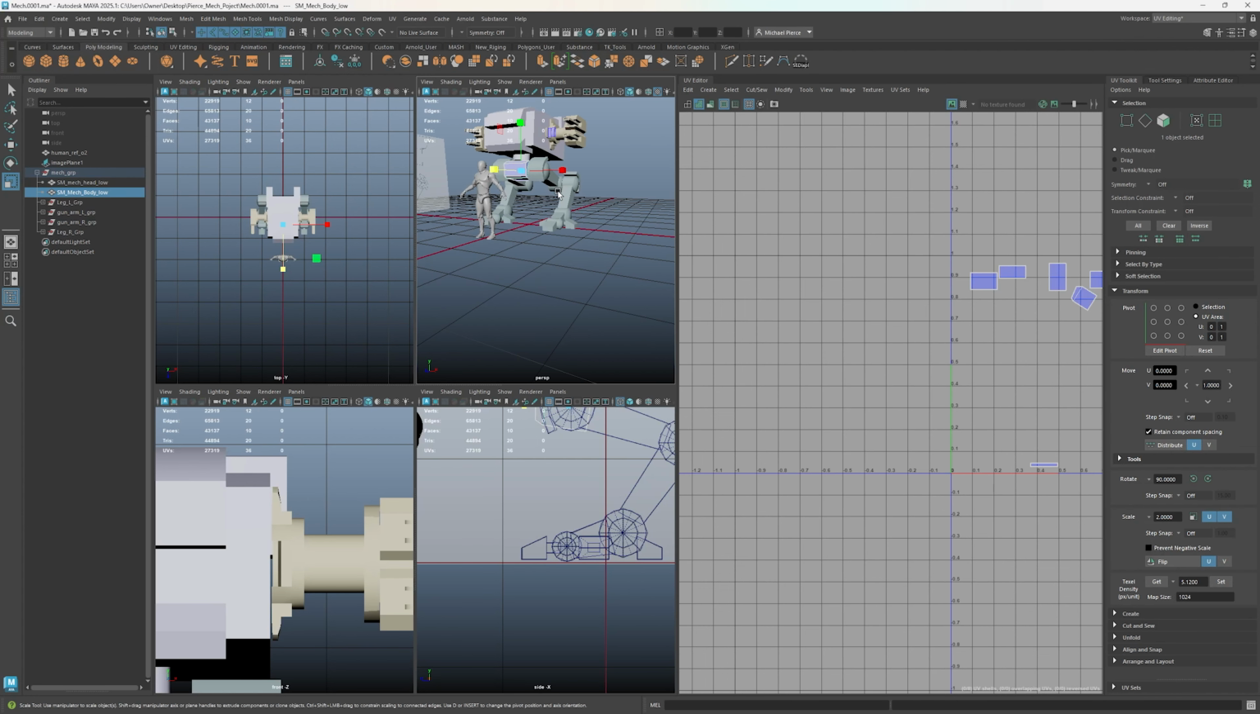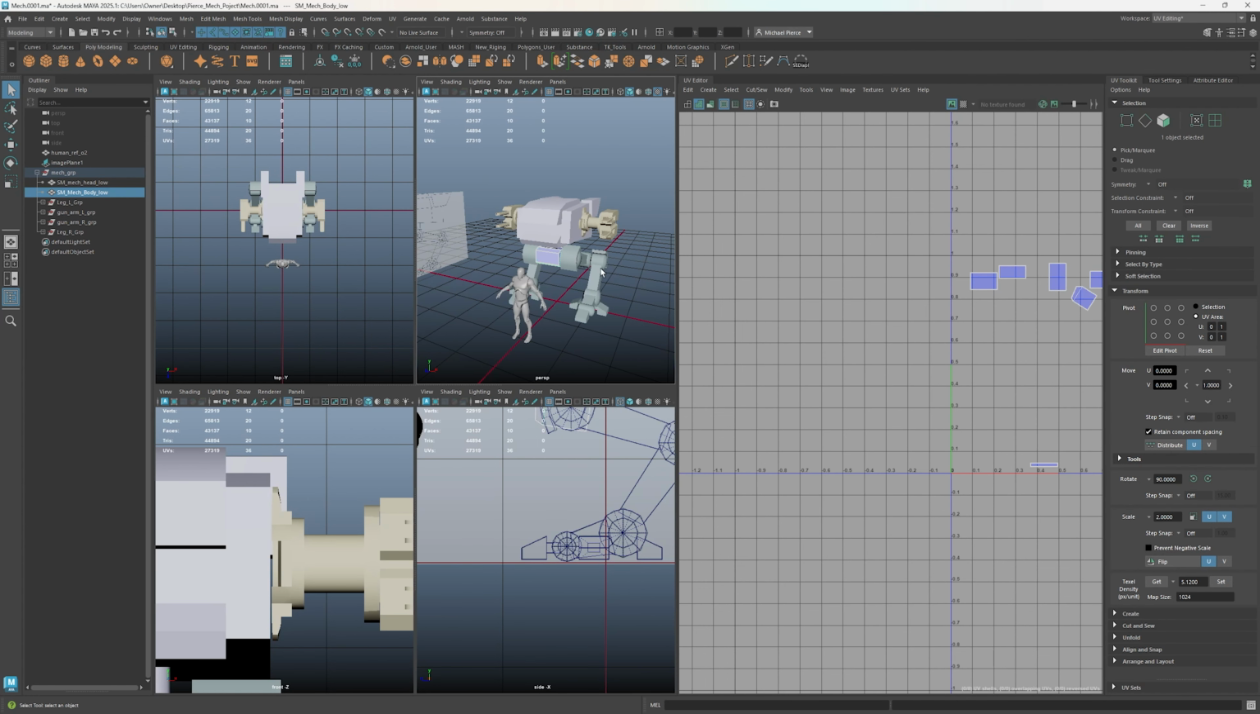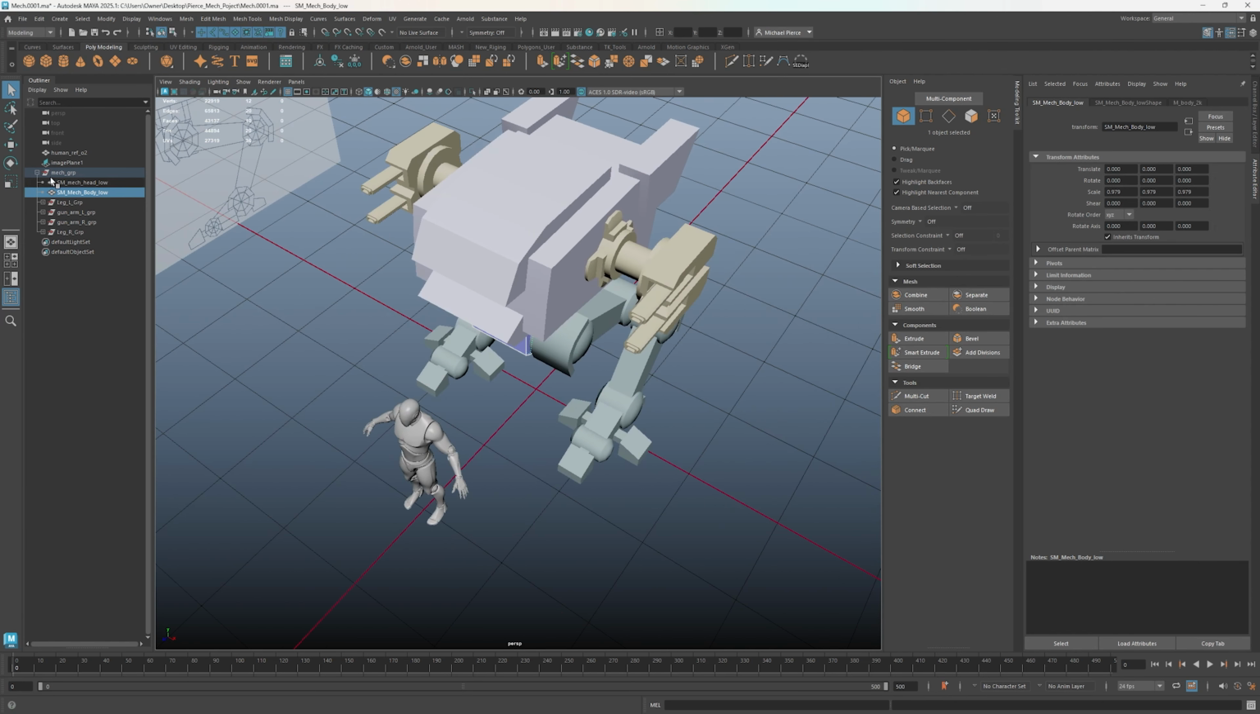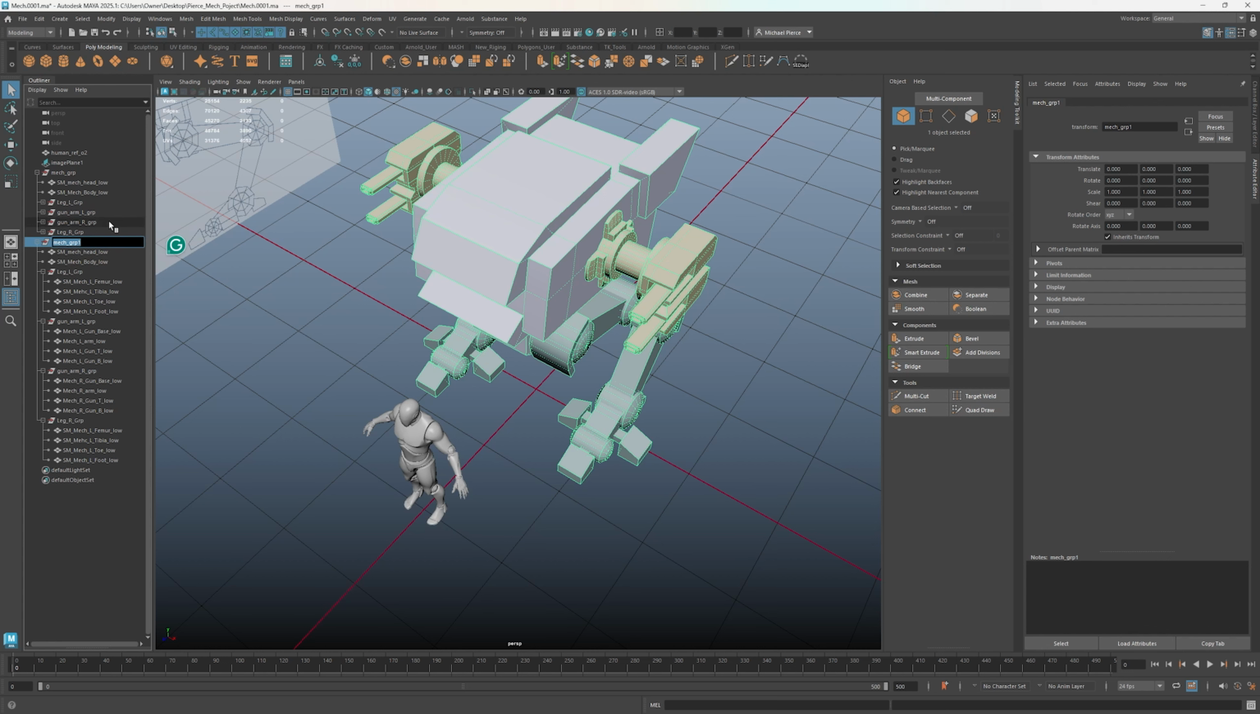All right, now that we're done the UV side of things, we're going to move into working on bringing our model to a high poly. So, first things first is I'm going to duplicate our group here, and I'm just going to call this the high poly mech GRP,